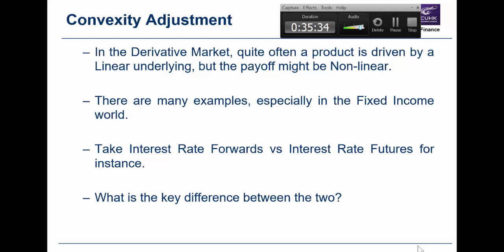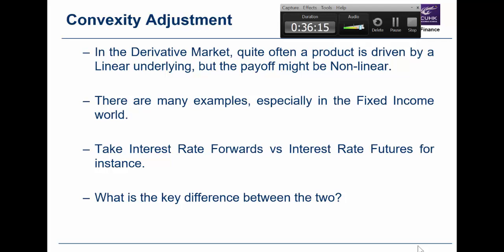So if I am BlackRock and you are JP Morgan, I pick up the phone and I want to trade an interest rate contract with you. We say, okay, whatever the rate is, it is done for $50 million. Nothing else happens until three to six months later. Now that is not the case for interest rate futures. Apart from the fact that it is traded on the futures exchange, as Li Wei was saying,